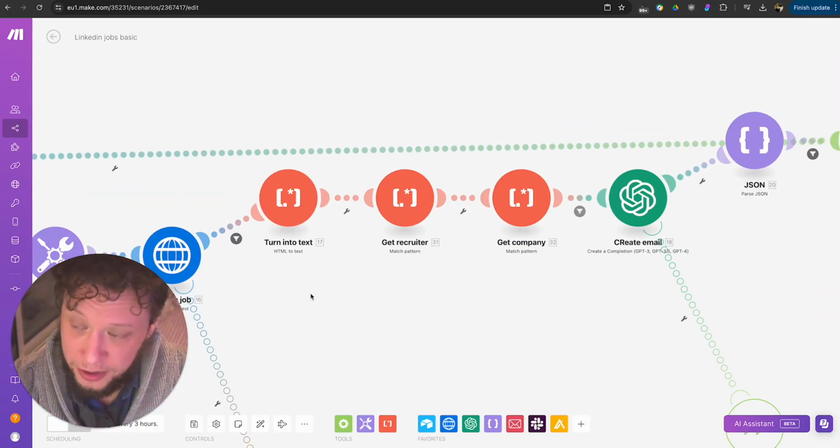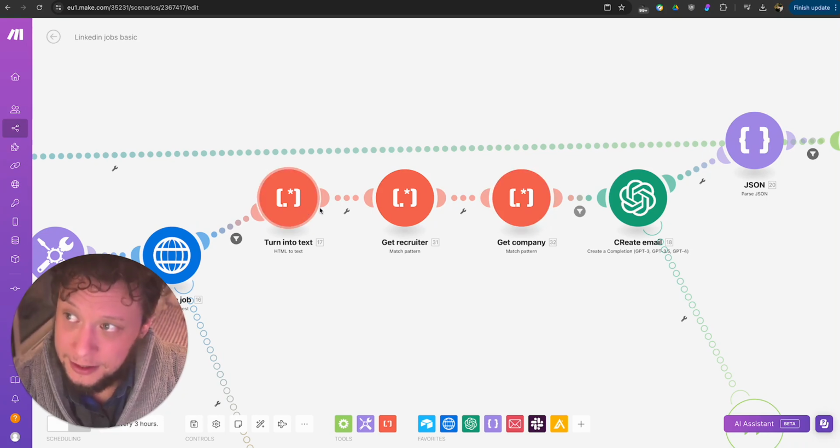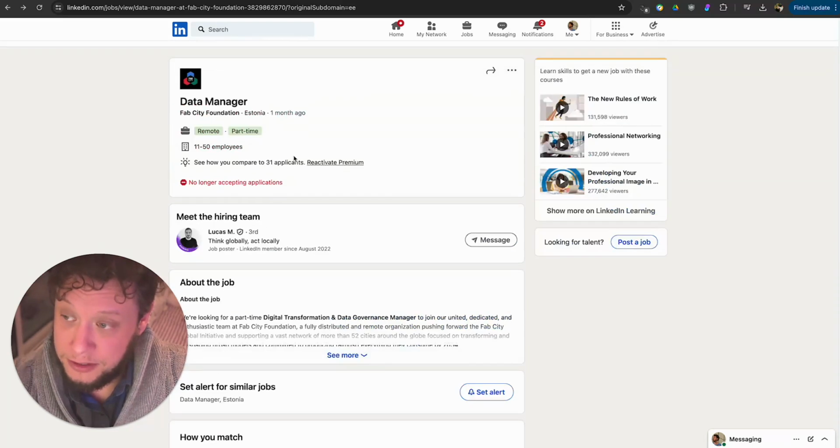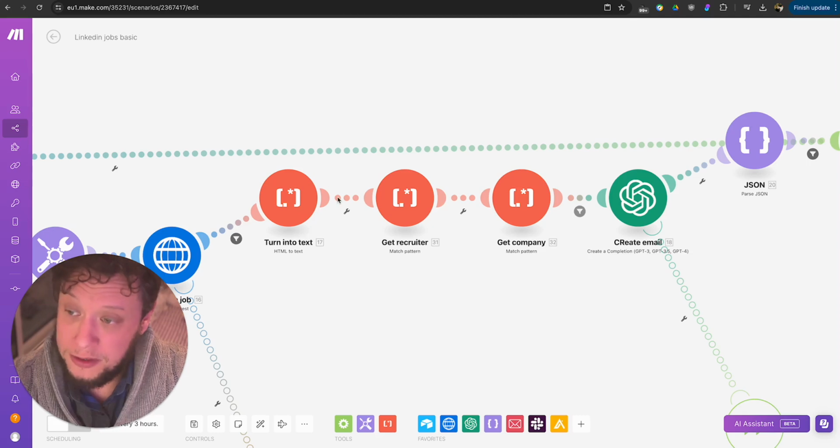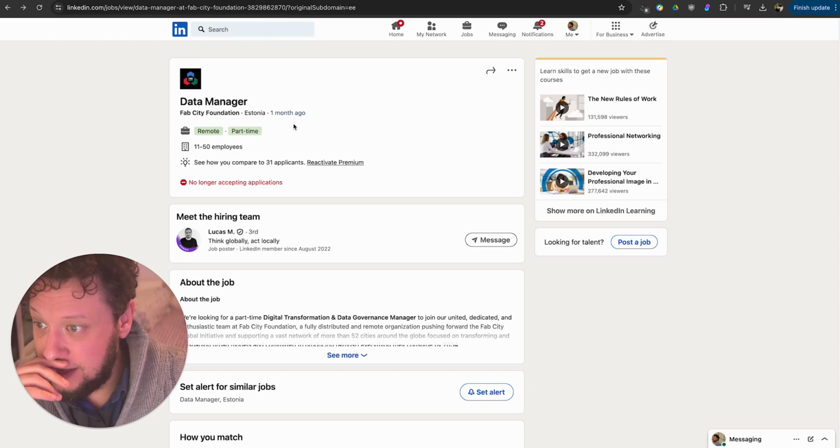At this point, in theory, we have the text from the HTTP, which means we have all the about us. Again, optionally, you might want to add in another text parser. I have noticed that there are certain things here. So, for example,